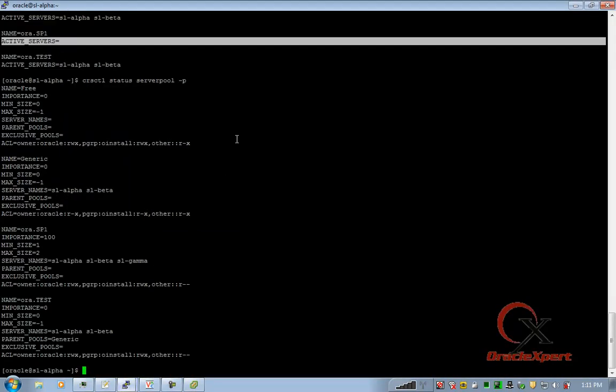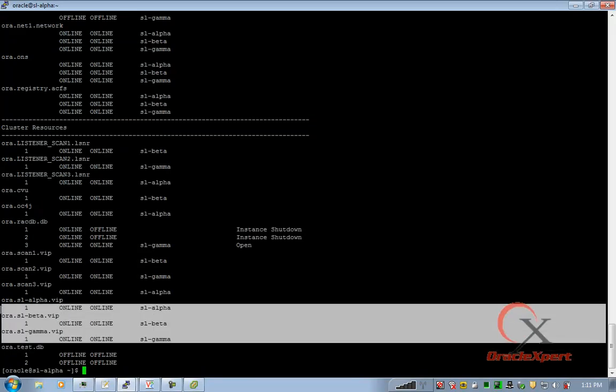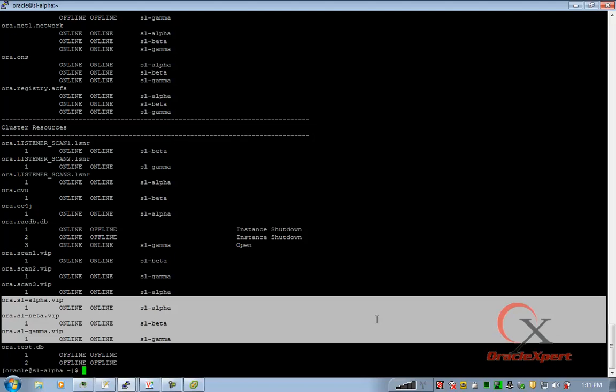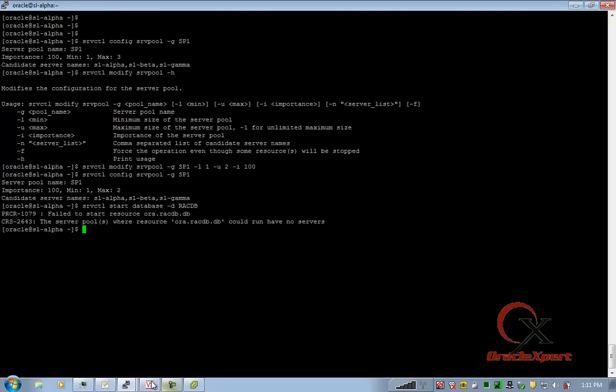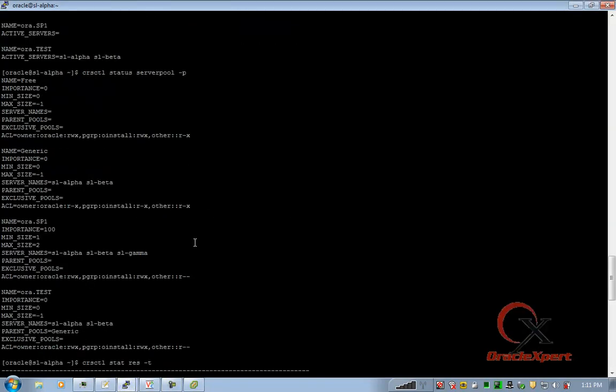I am checking the status of my cluster. Gamma node is up and running now. Let's check the status of the server pools one more time.